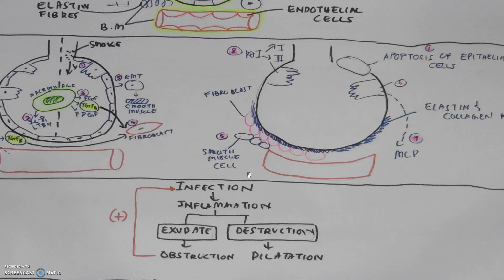Then after that we have this layer of smooth muscle cell. So this causes further thickening of the respiratory interface that further reduces gas exchange. As you can see here, it is starting to reduce the respiratory interface, which means oxygen staying in the alveolus does not go into the circulation, leading to hypoxia